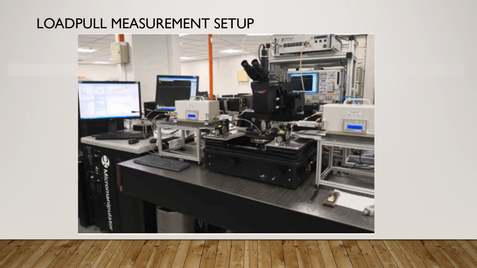This is the load pull measurement setup. This is an example of the load pull setup from Google. This is source tuner and this is the load tuner. The device will be mounted at the center, connected to load and source tuner. This is to give you an idea of actual load pull setup. In this tutorial, we will only do load pull simulation to extract the load and source impedances. However, to understand load pull simulation, load pull measurement needs to be understood first. That's why I briefly explained the load pull measurement here.